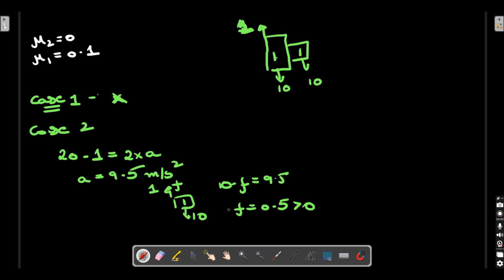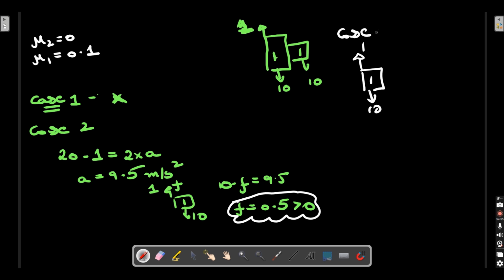Case 3, what we are going to say? I said case 3 is nothing but the block here is at rest and then this moves. Let's say whether this block is at rest or not. This is 1, this is 10. Will it be at rest? Is it possible? No, right? This is case 3. Of course not possible. Because downward force is 10, upward force is 1. Now it will be balanced. And there is no friction also to give it an extra support. Right? Now case 4.